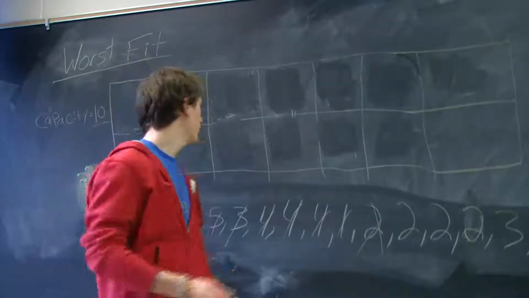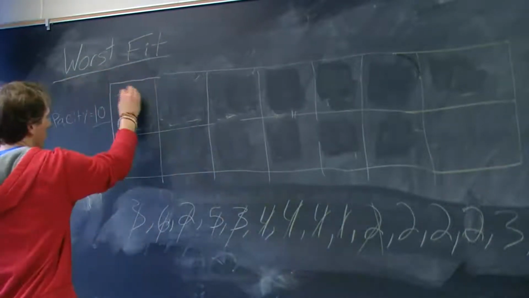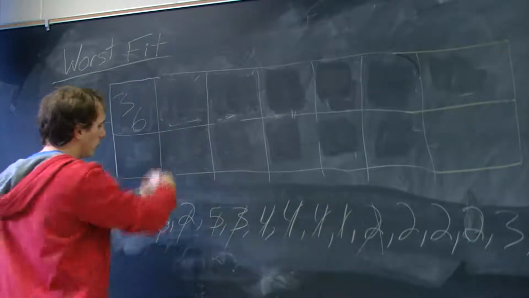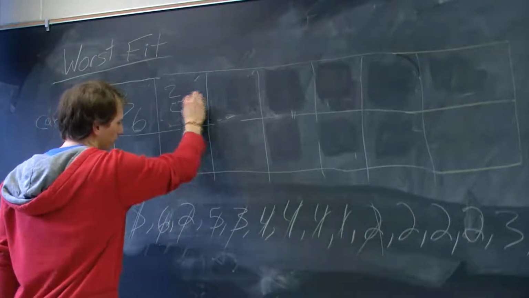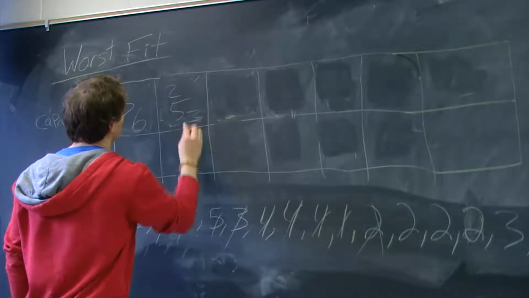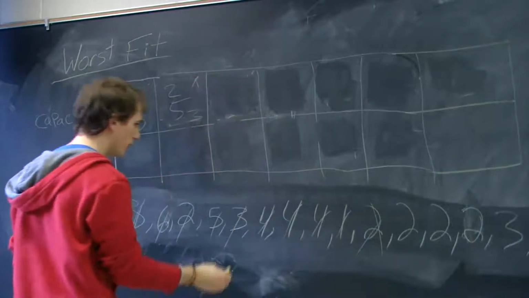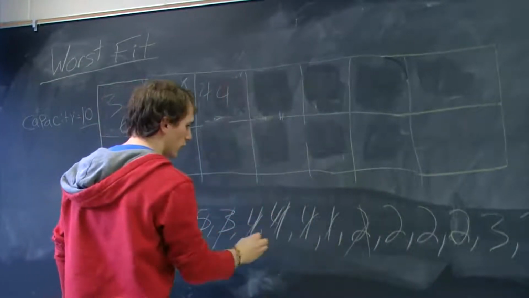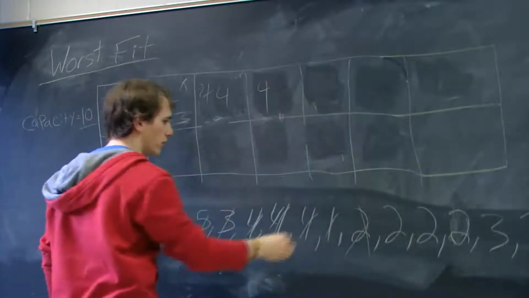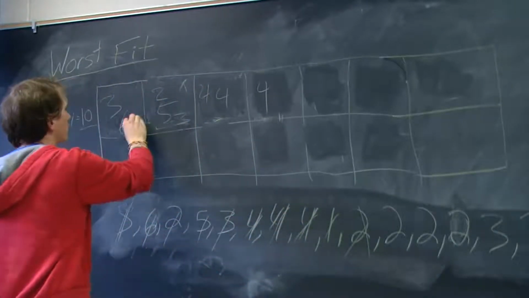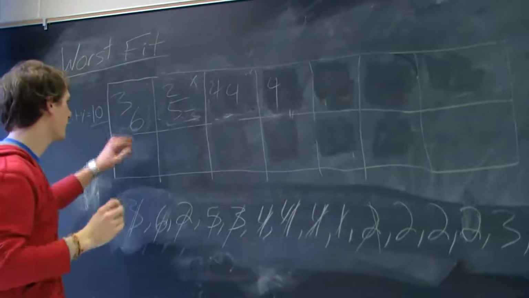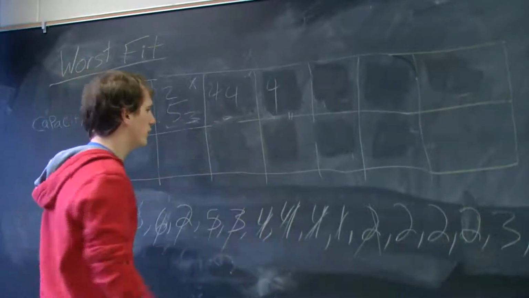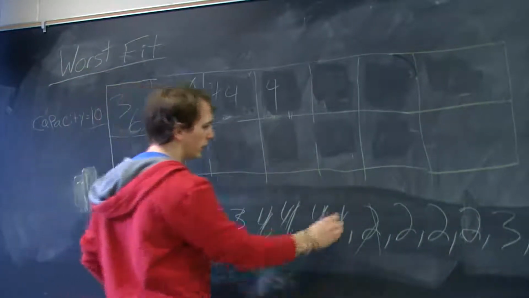Alright, for the worst fit, for the bins, we're going to put the 3 in here. And the 6, and now we only have 9 in there. So then we're going to do the 2 and the 5, and the 3, leaving us with a full bin. And then we're going to have the 4 and a 4. We're going to put 4 in here, but then with the 1, we don't put it in here because that doesn't have the most room left. This bin has the most room left with 8, so we'll be putting it in there with a 9,